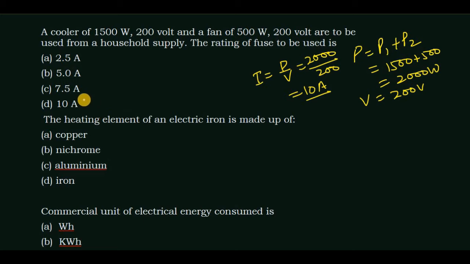So the rating of the fuse to be used is 10 ampere or slightly more than 10, at least 10 ampere. आपको लेना ही पड़ेगा, इससे कम नहीं ले सकते।